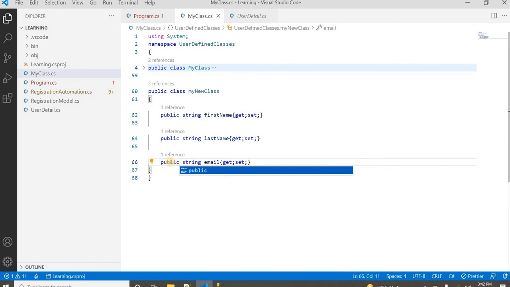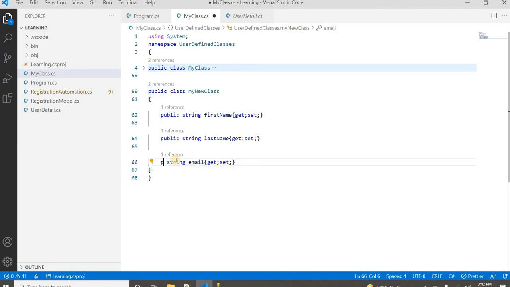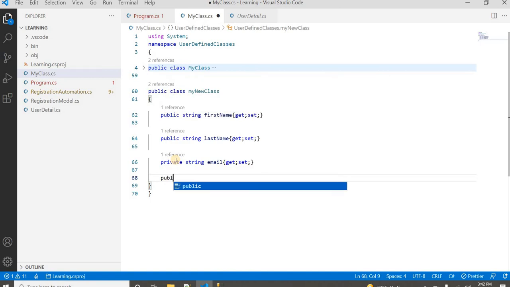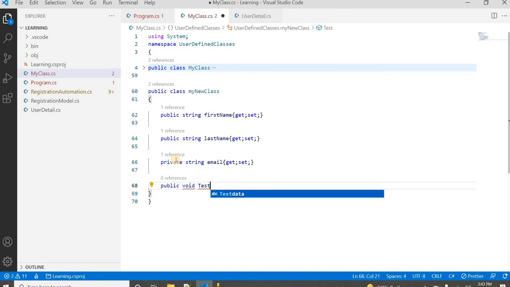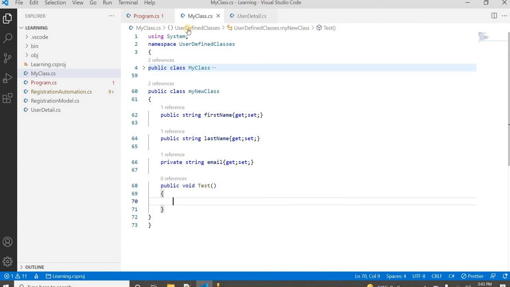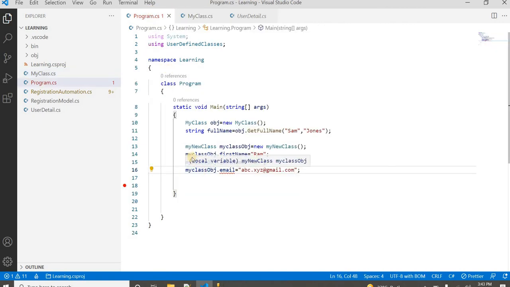Sometimes we need to define a few variables which we can use only within the same class. In that case we define them private. Let's say it's private, and in the same class I want to define a method, like public void test. Now in this I want to use the email like this.